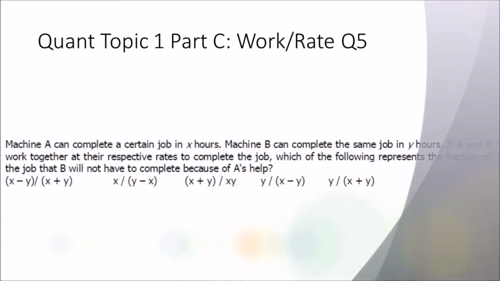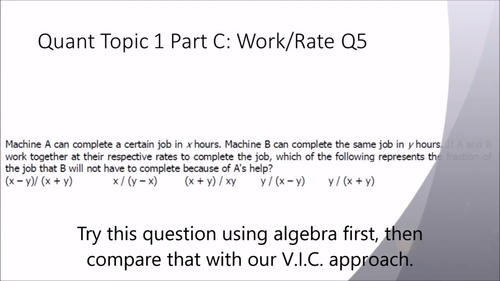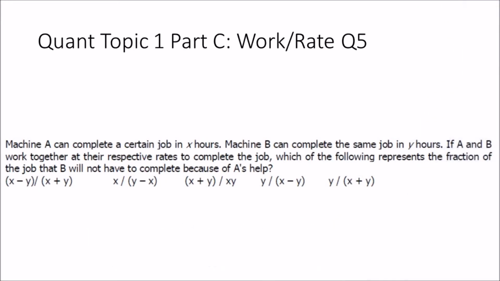He has a whole set of 700 plus quant. This is a work rate question. In other words, we're looking at the work versus time versus rate. Usually this will involve various machines or people doing a job. So pause, read the question,